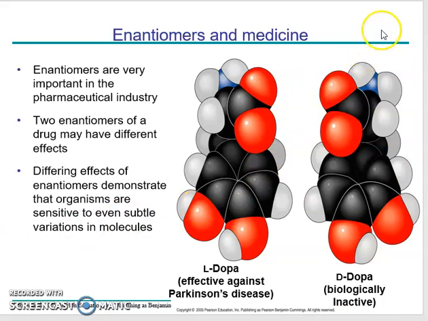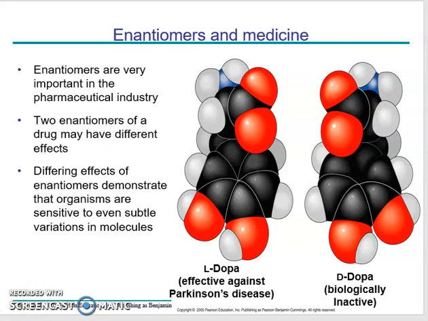Okay, so how do they act differently in the body? Well, if you think about it, molecules are kind of like a key going into a lock, right? If the key is a different shape, or the reverse shape in this case, then it's not going to fit in the lock the same way or at all. So enantiomers are really important when we make pharmaceuticals. Think about it. You have to make a molecule that's going to be safe for people to take as well as be effective, right? So enantiomers have to be the right shape.